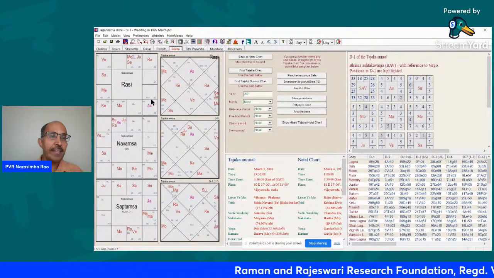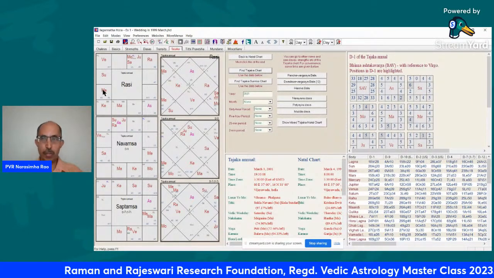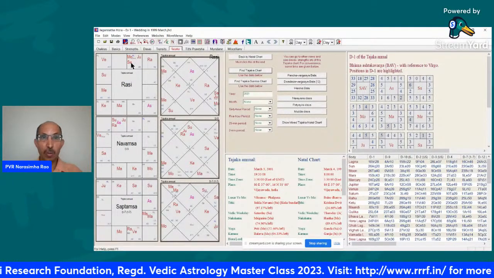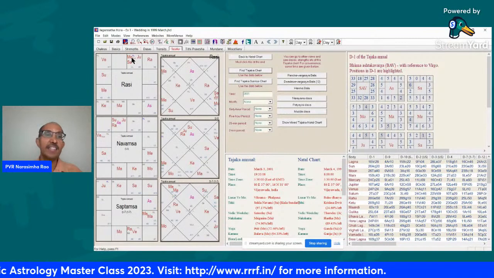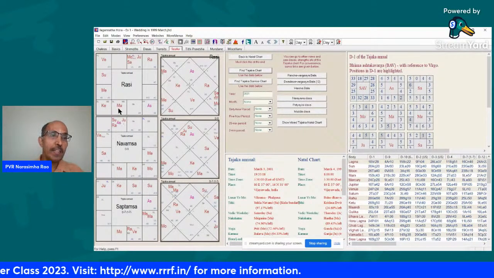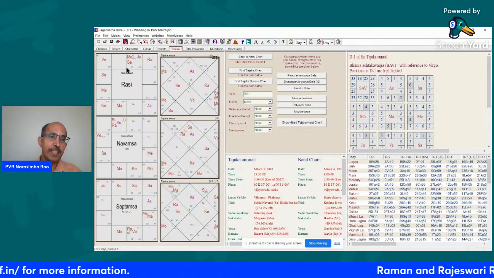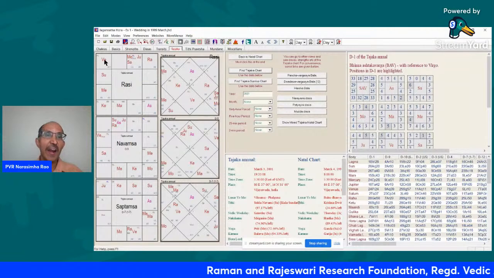Are there any interesting combinations? In the Rasi chart, the Lagna Lord Mercury is in the 5th house, and the 5th Lord Saturn is in the 9th house, and he's with the 11th Lord Moon, who's exalted. And he's aspected by the third lord Mars, and he also aspects the third house. The fifth lord aspects the third house, and the ninth lord of fortune Venus is exalted and aspecting Lagna.